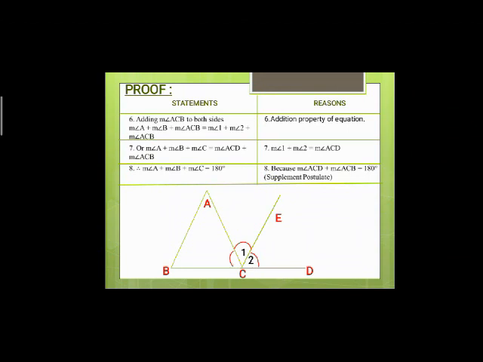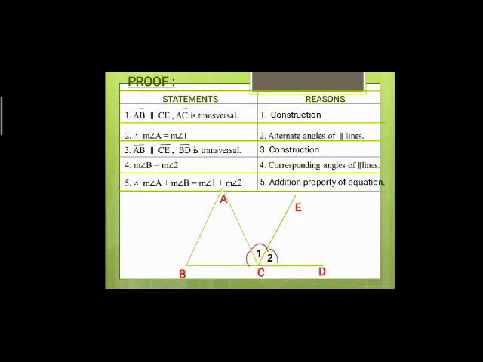Okay, hopefully you all understand. I'll repeat it again in the theorem. In theorem number 5, you have to prove that the sum of the angles of a triangle is equal to 180 degrees, which means angle A plus angle B plus angle C is equal to 180 degrees. It means we construct some lines to make this proof easy. So here we have line segment AB parallel to line segment CE. For that, AC is a transversal, by the help of construction.